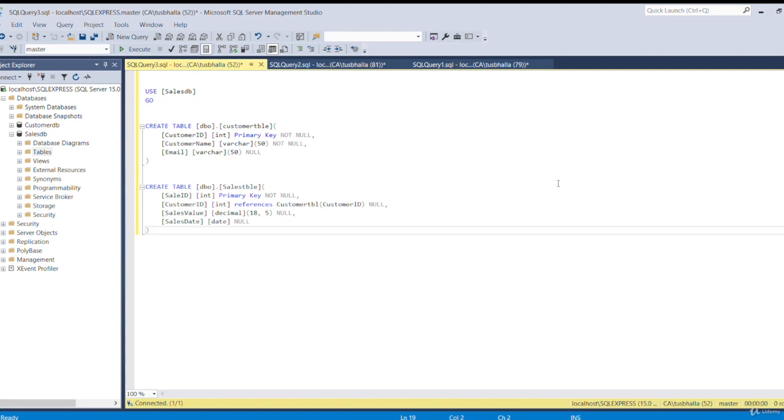In this example, we will learn how to create tables and how to join multiple tables. So today we will create two tables, a sales table and a customer table, and we will join the sales table with the customer table. To join both tables, we will need to create a relationship between these two tables. In order to create a relationship, we need to have one common column in both